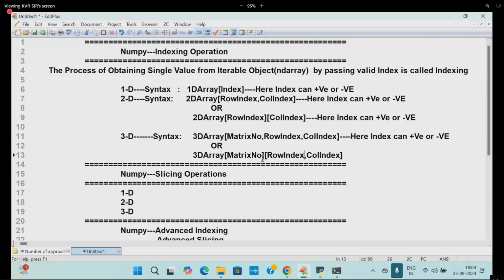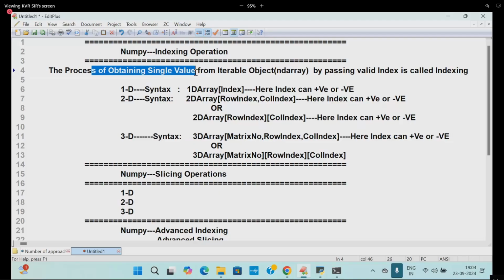That is enough? Right. This is called which concept term? Indexing. For my satisfaction, you tell me what is indexing. Indexing is nothing but getting one value from an iterable object by passing a valid index. If I pass an invalid index, suppose I already said to you, students, 0, 1, 2.